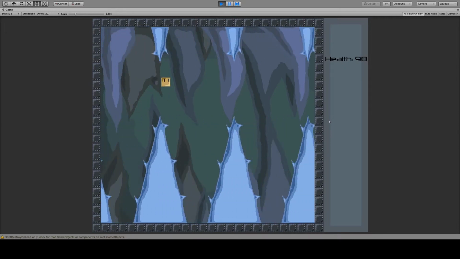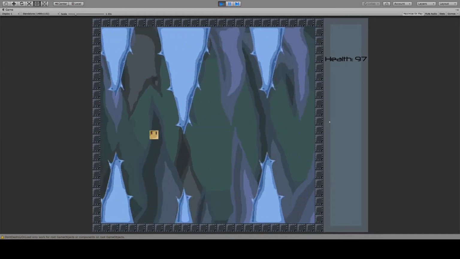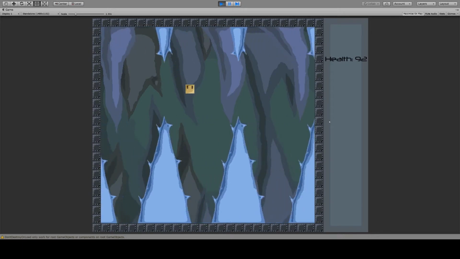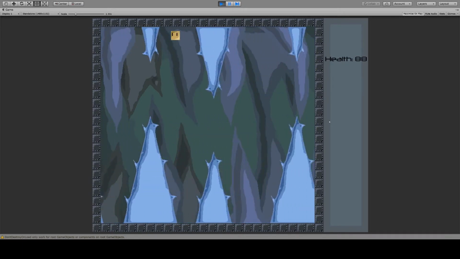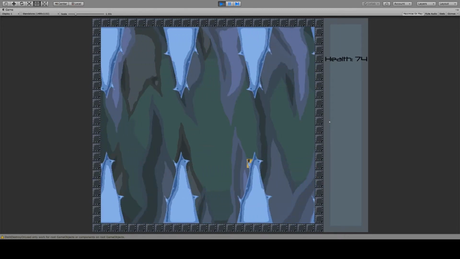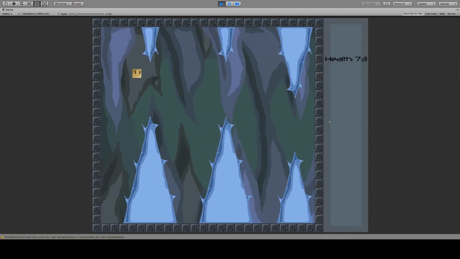and you can move around, and there's spikes and things that you're gonna have to avoid. You can see on the right there's a health meter, and if I'm touching a spike, it goes down. And yeah, so I think